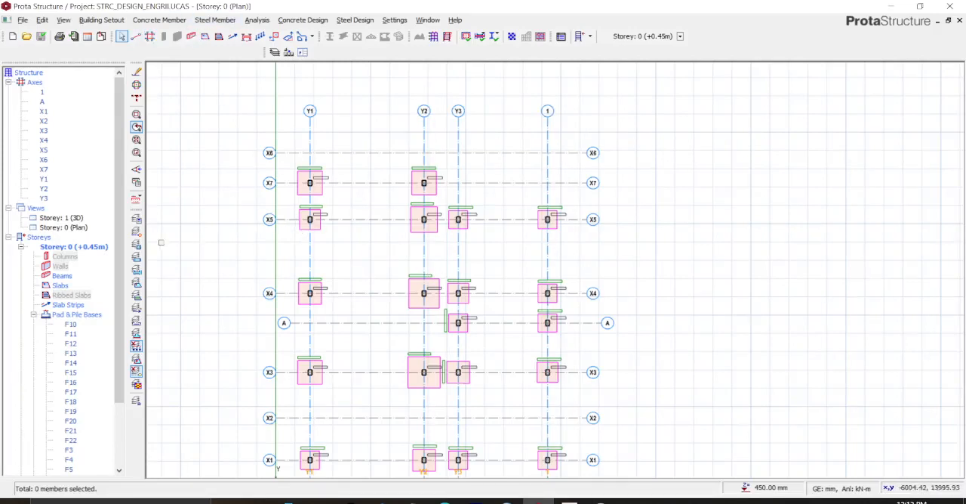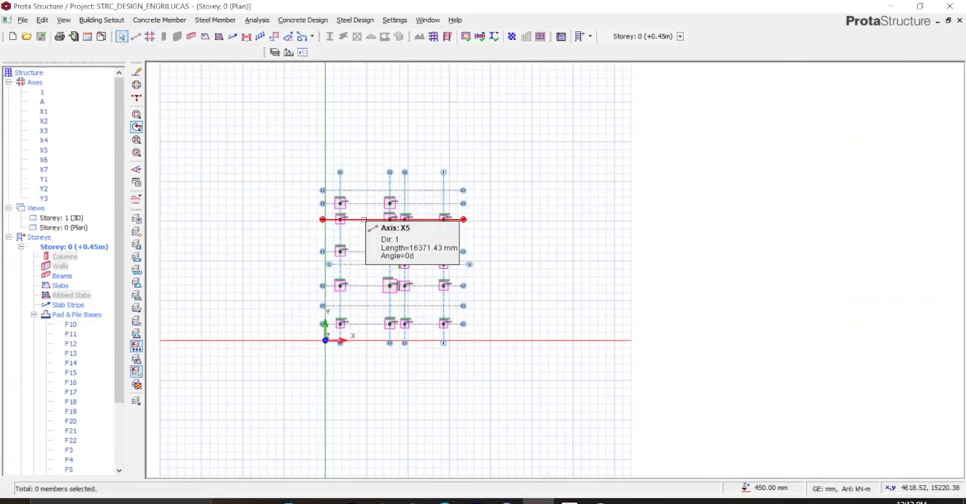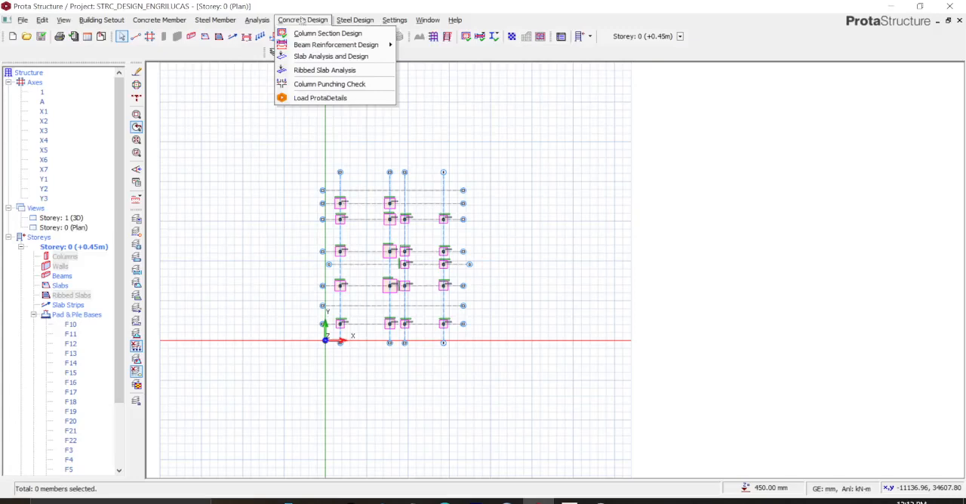So once you are at this level, before you proceed to detailing, there are some settings that I'd prefer you check. Once you check on the detail, just click on concrete design and then you can say load to Prota detailing. Before you come to this action,